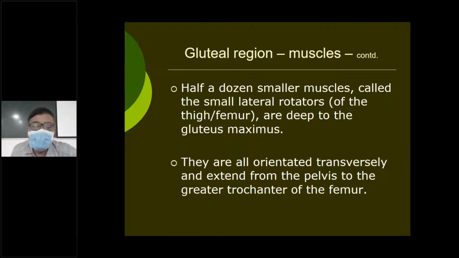Now, the gluteal region contains all kinds of structures, as we have seen yesterday. It contains bones, ligaments, bursae, muscles, vessels, nerves, fat, everything. In the process, we have learned the three gluteal muscles. Of them, gluteus maximus is most important. Gluteus maximus is the largest muscle in the body, and you have seen its numerous origins and its insertion mainly into the iliotibial tract.